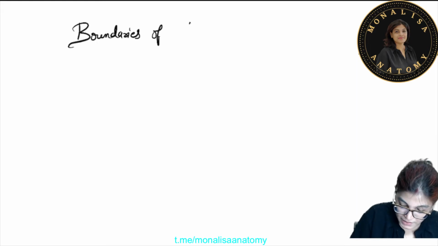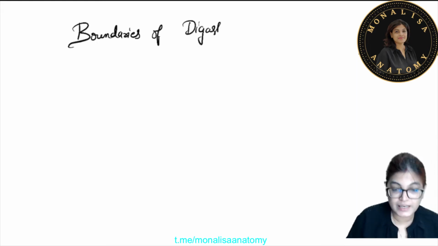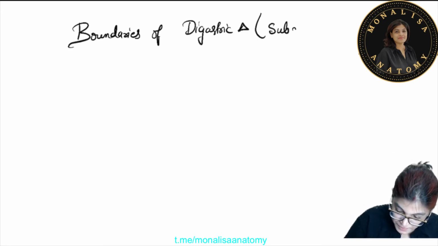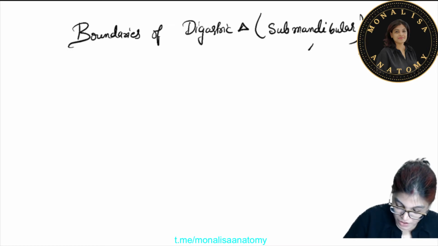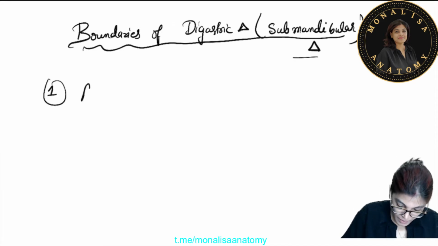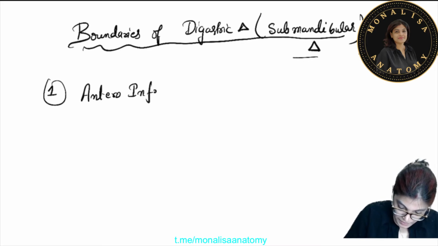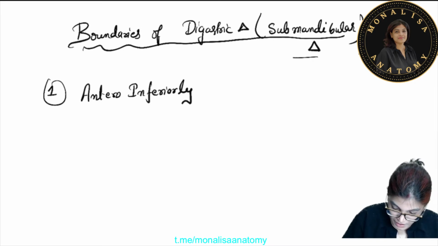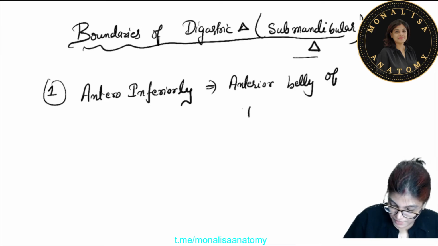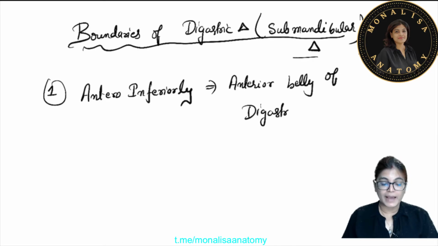digastric triangle, and as we have discussed, digastric triangle is also called submandibular triangle. Okay. It is bounded by the following boundaries. It is bounded antero-inferiorly by the anterior belly of digastric muscle,